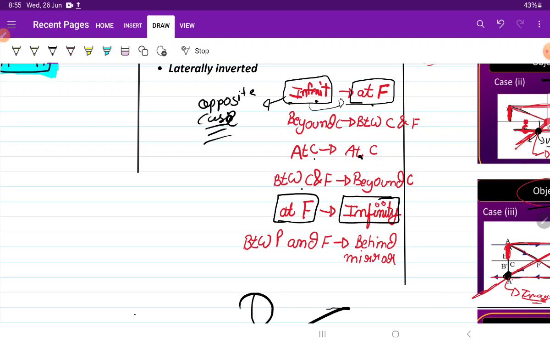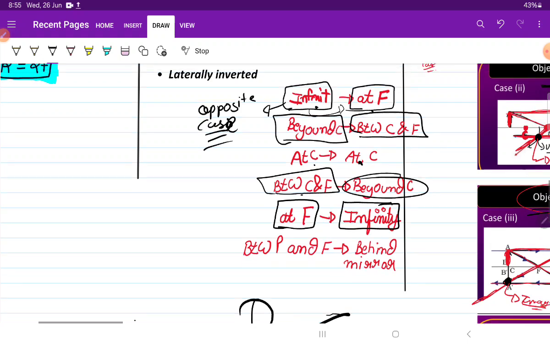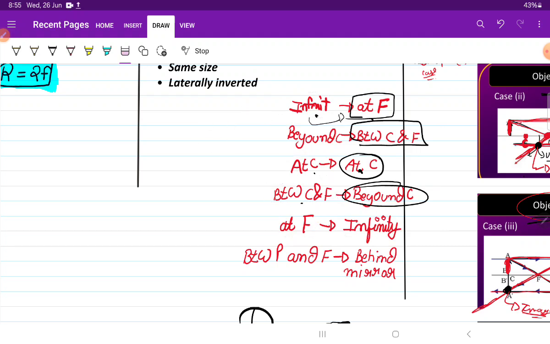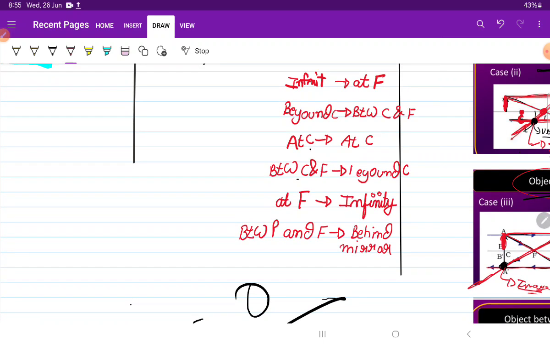Now the second one: beyond C and between C and F. If the object is between C and F, the image is beyond C, and vice versa, you can see. Now at the C, it will be the same. So in this way you can remember the things easily, but you have to learn that if the object is between P and F, then the image will always be behind the mirror,